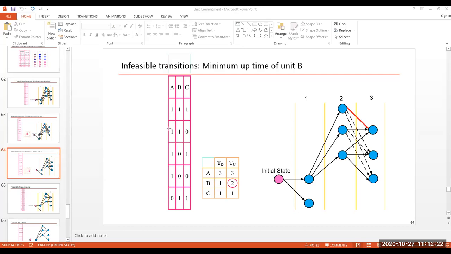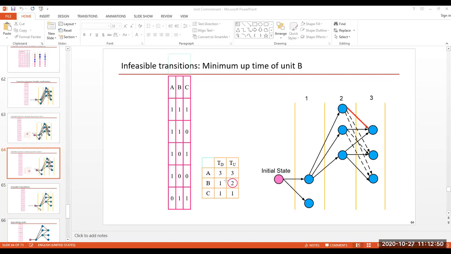This node belongs to 110. So unit C was on. So I have to check uptime, because unit C is on. So I have to check for how long it had been up. So it is up in this hour number 2. It will go into the down state in the next hour, hour number 3, for this transition to be feasible. Can we do it? Yeah,